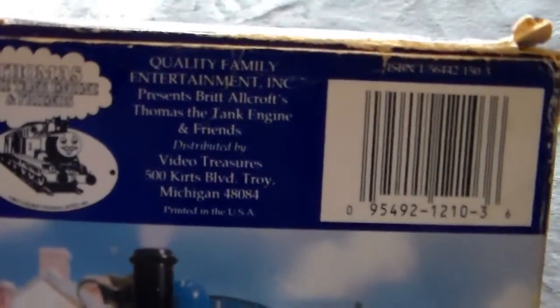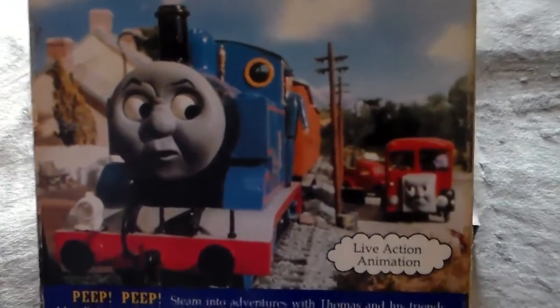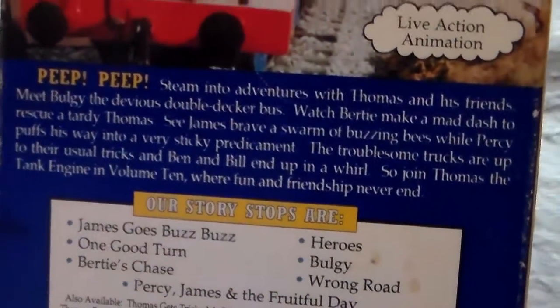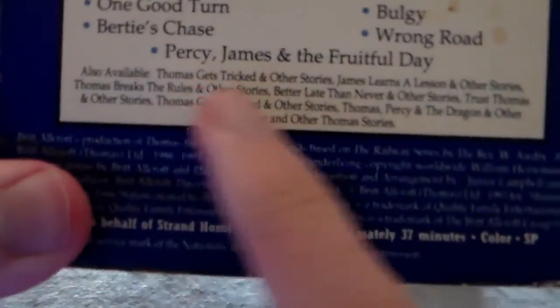On the top, it's QFE's copyright and address information and such. The barcode. I can't remember which episode this is from, but I don't think it's one on this tape. Tell me in the comments what episode this is from, because I can't remember. Your blurb about what's on the tape, and your story stops, and the other volumes that are available. So